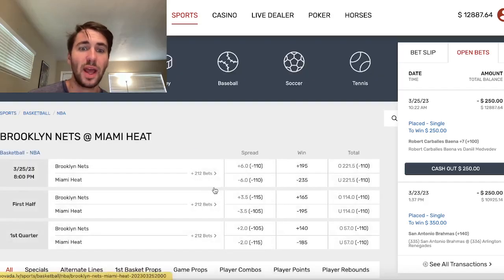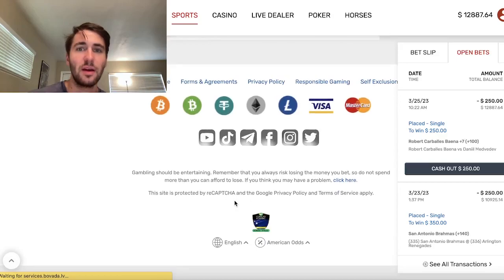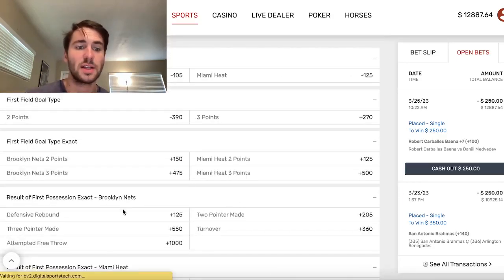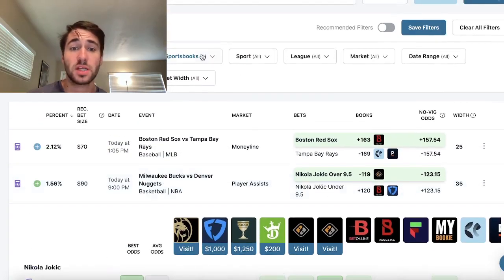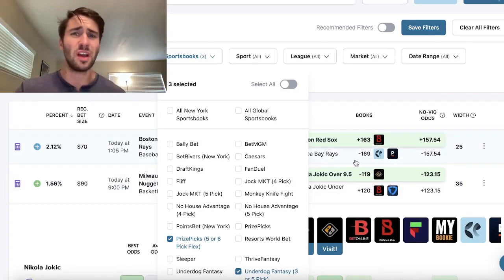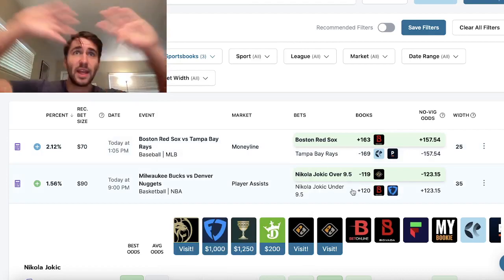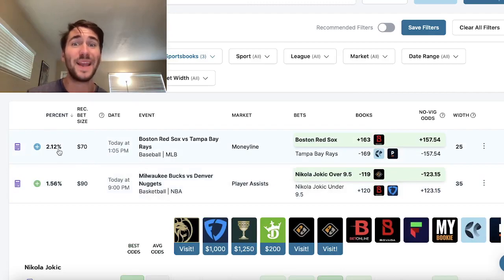If you look at one NBA game, just look at how much you can bet on. I mean, literally, there's tens of thousands of odds on each sportsbook. So OddsJam is quite simply reading in all that data and trying to point out where sportsbooks screw up. So you put in PrizePicks, Underdog, Bovada, Caesars, FanDuel, whatever other sportsbooks you use. Right now I'm in Florida, so I just have PrizePicks, Underdog, and Bovada selected. And then this tool scans the market and tells you the most profitable plays based on data.